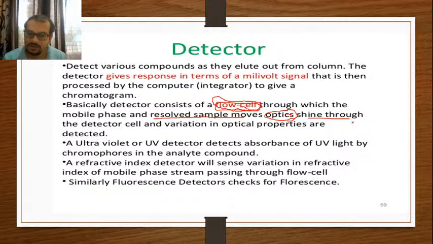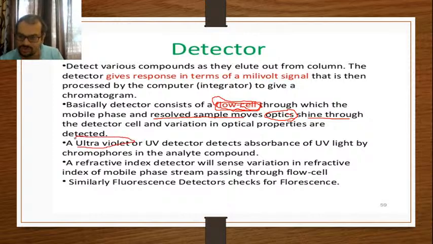If the components of the sample are susceptible to UV light, that means they will show absorption of the UV light, then they can be easily determined using a UV spectroscopic detector system. So a UV detector detects the absorbance of UV light